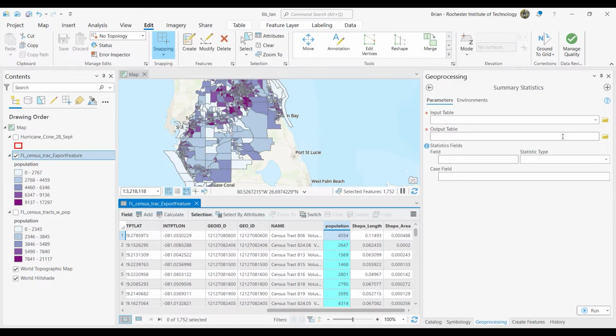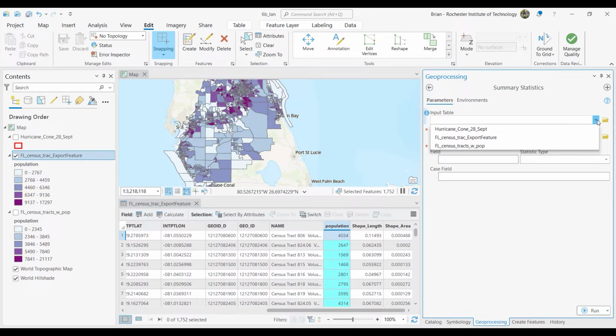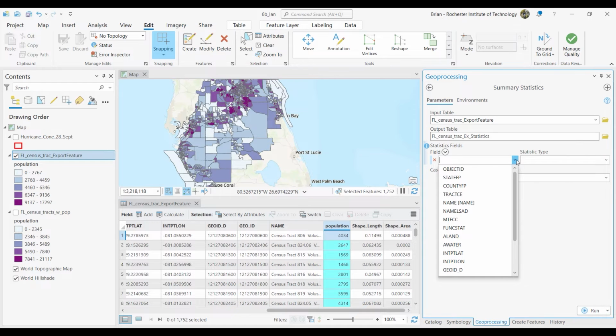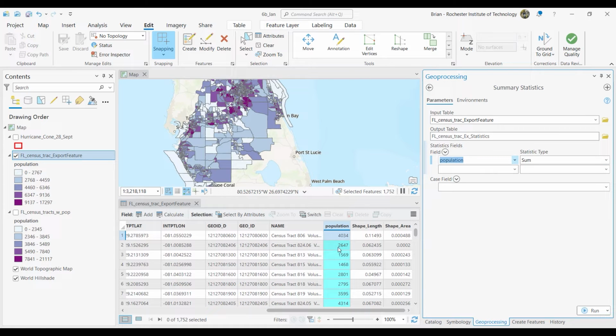So the way this tool is going to work, the input table is going to be FL census tract export feature. And then what this tool does, it's going to create a standalone table with whatever statistic I'm looking for. So in this case, I want to go to the field population, and I just want to sum. I want to just sum up all the numbers in the population field. And it's going to put the table it creates in my project file geodatabase. Maybe I'll change the name here and call it pop impacted. Okay. So when I run that,